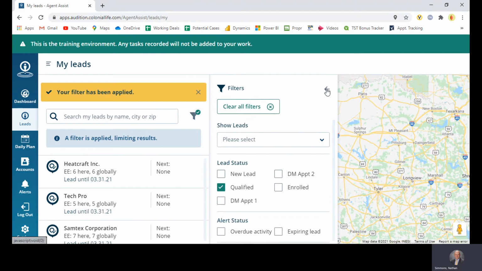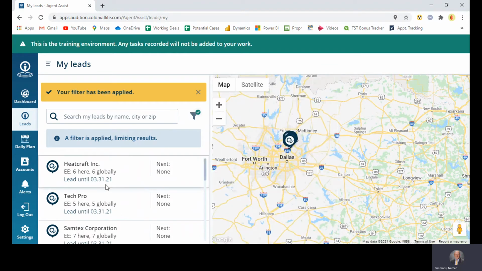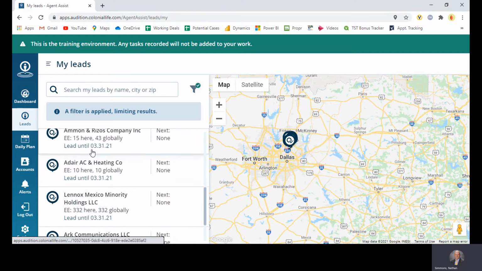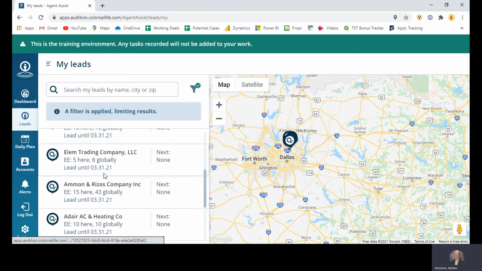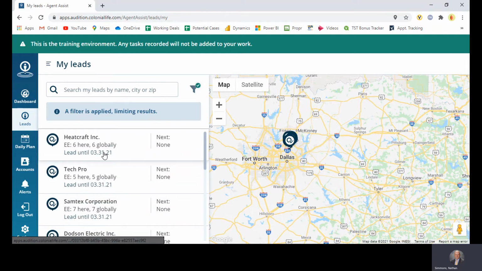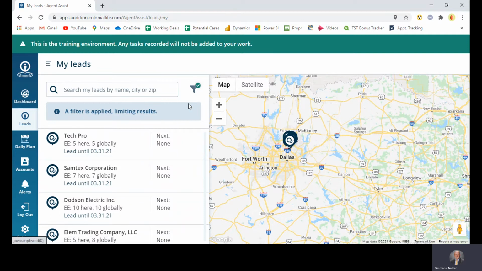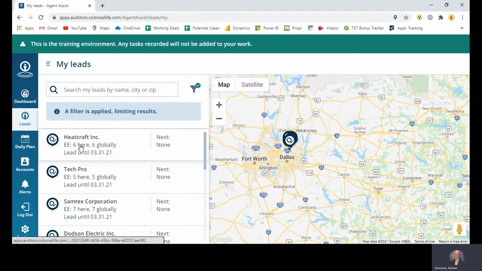That way I know how many leads I've got. I don't even know for this example how many I have. Doesn't look like I have a ton, but it looks like around 10 to 15 here. These leads all have a Q next to them because I wanted it to show me all the leads that are qualified. I can know for certain, because I've got these marked as qualified, that when I click on these leads and get the contact information,